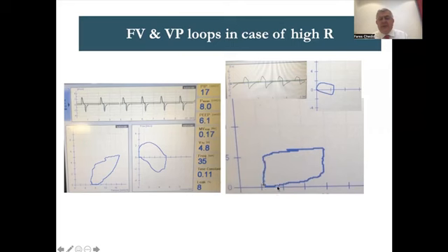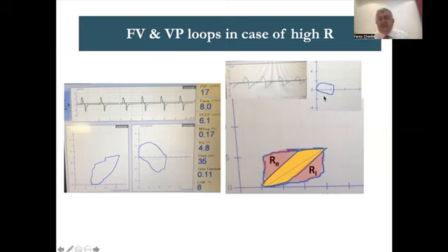He has a severely high resistance because the graph is rectangular. Too much pressure going down without losing volume in expiration. So it's a rectangular graph. Normally the graph should be like that. And this will be the inspiratory resistance, and this part would be the expiratory resistance. So this patient needs suction.